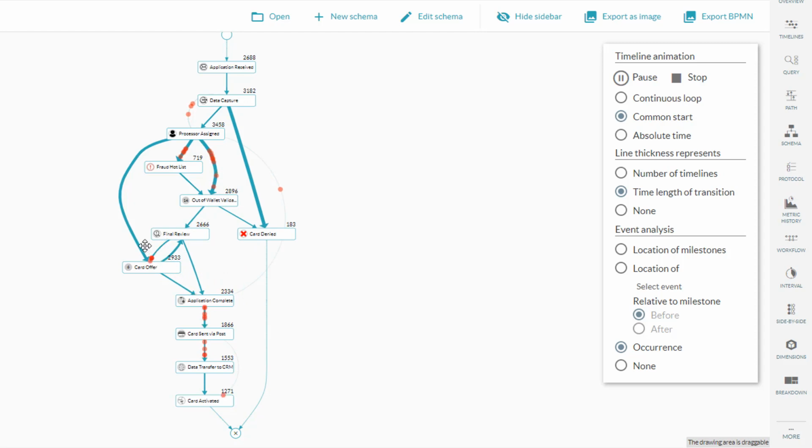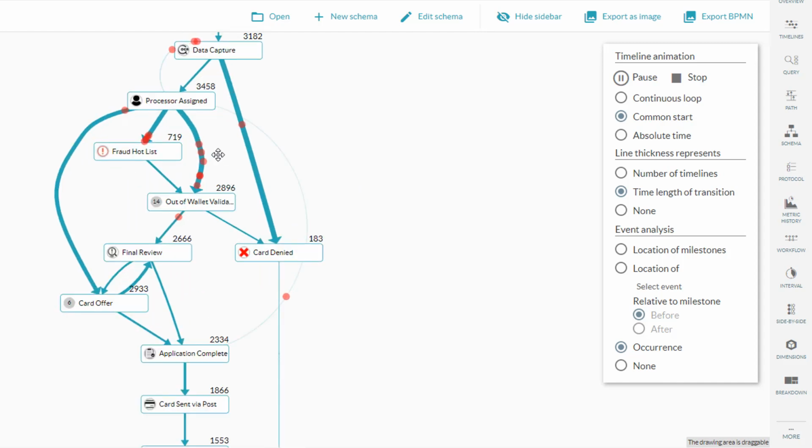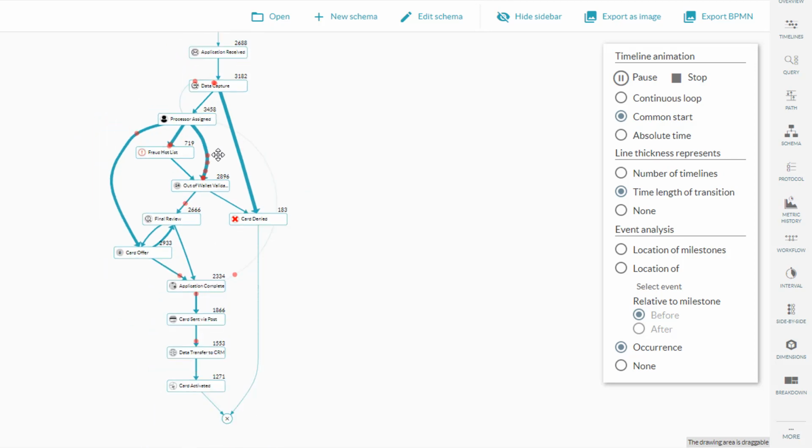As they're changing colors, they're aging. So these are applications that have been in the process for a longer period of time. So again, we've got a very nice high-level representation of not only what this process looks like, but where we could stand to maybe further investigate some opportunities for automation based on our throughput and overall time spent in certain